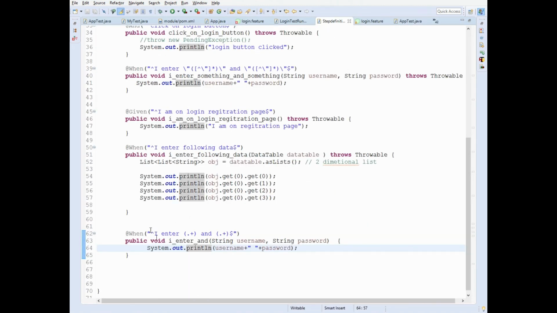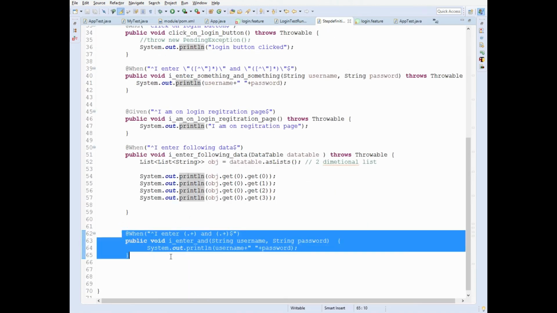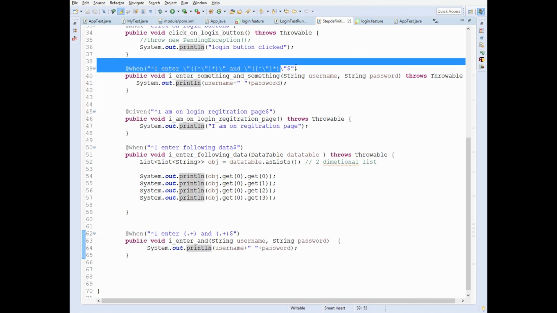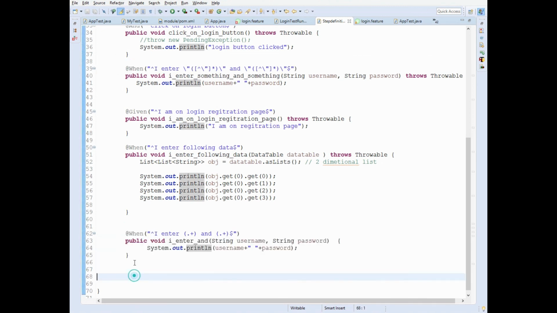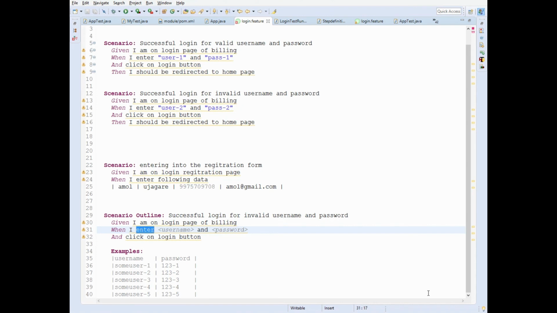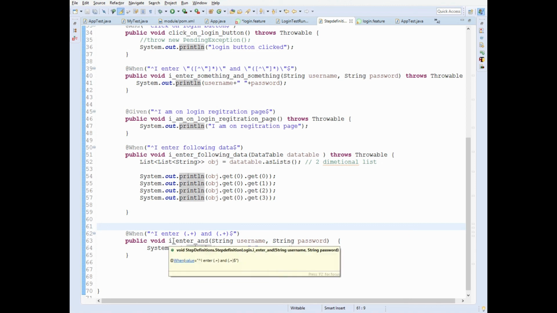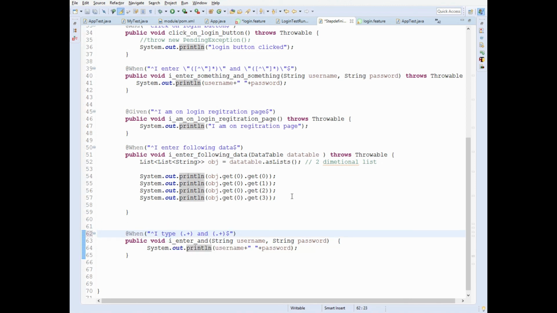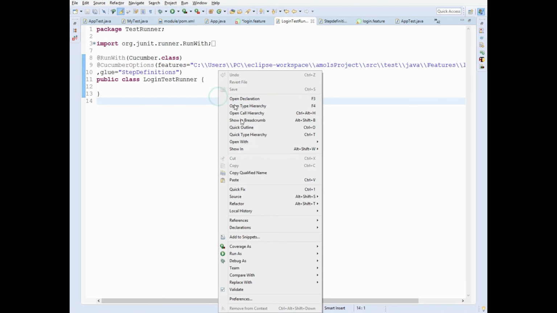So here you can observe that we have some quite similar kind of step definition when I enter this and this. So it is getting conflicted. We will change this. I will write instead of enter, when I type. Okay, and the same thing I'll make here in the step definition, when I type. It's okay if you don't change it here, it is just a name. So I'll change this. I'll run this.